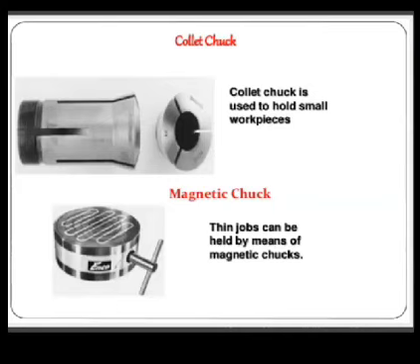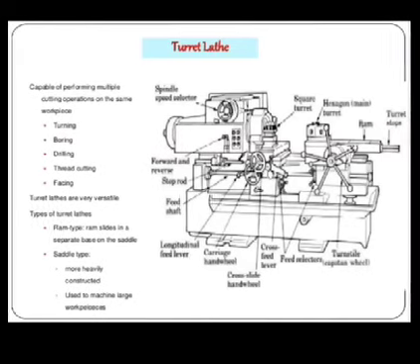Then the magnetic chuck. A simple front view of a magnetic chuck is shown there. These are operated either electrically or are of permanent magnetic type. These are used for holding very thin workpieces made of magnetic material which cannot be held in any other chuck. The holding power of the chuck is obtained by magnetic flux radiating either from electromagnets or from the permanent magnets within the chuck.